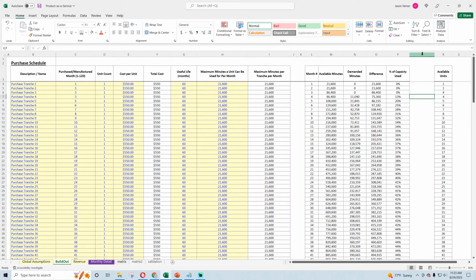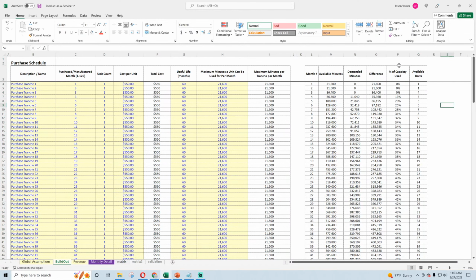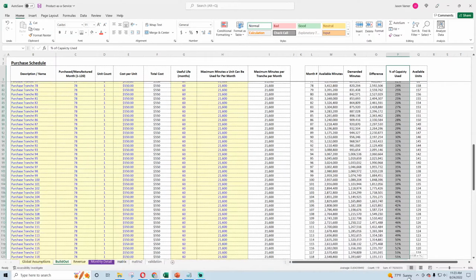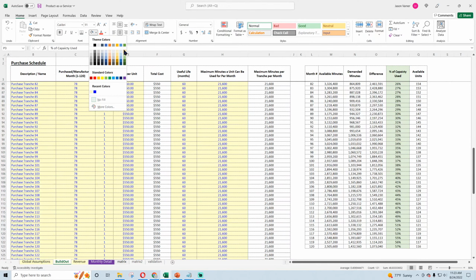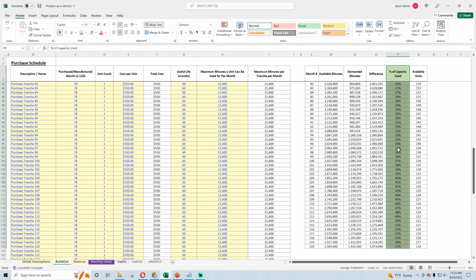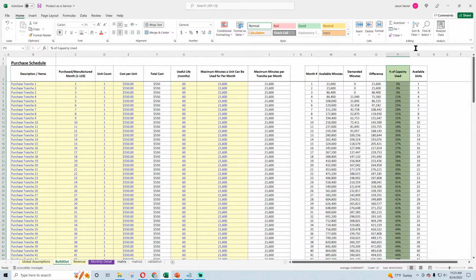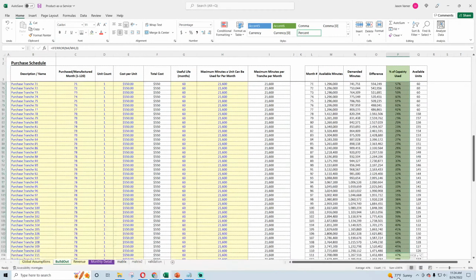We got to clear this out, and this row here is your Bible. This is the Bible. So let's put this. What's a nice color here? This is telling you how many products you have available versus how much capacity you have available versus how much is being demanded. Any negative number means you are not meeting demand.